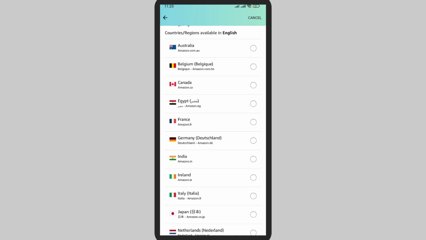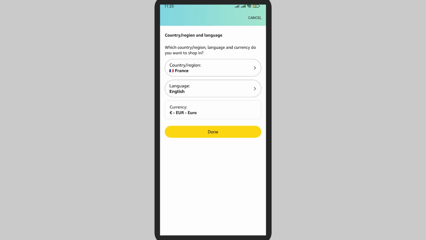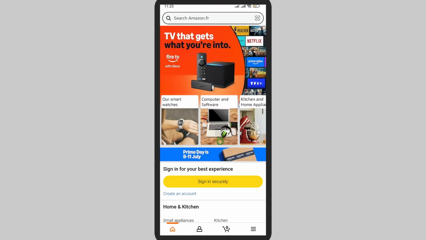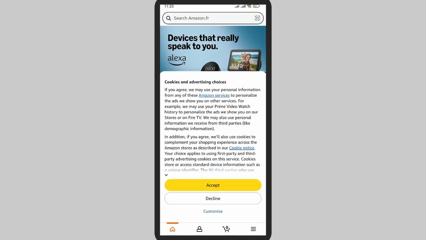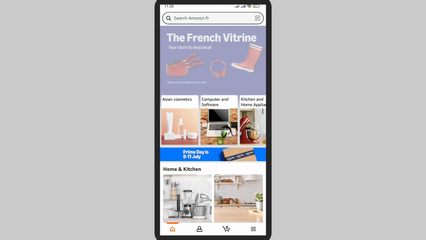So here I'm tapping on one, and at last simply tap on done, and the country or the region will be saved. So the whole interface has been changed, and now the suggestion will be also like that too. Now simply tap on accept, and all